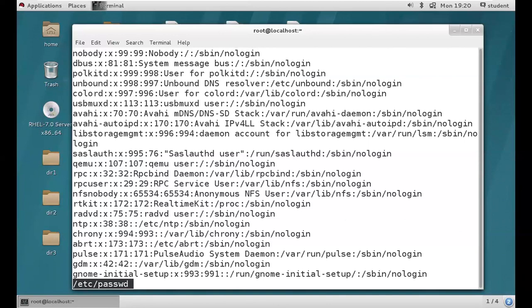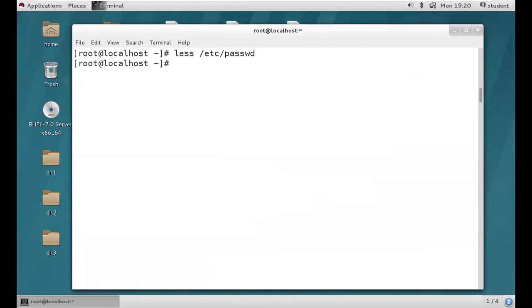Now we need to quit from less. Q, and we are back to the terminal. Q, queen. Got it, guys? So Q is the option. We are back to the terminal. I hope you're clear. Yes, no? So that is how we navigate the content of a file with the help of the less command. In the same way, we have one more command called more. More and less are both similar.